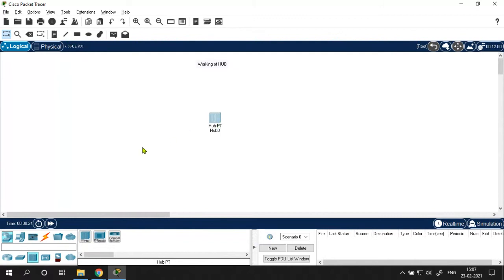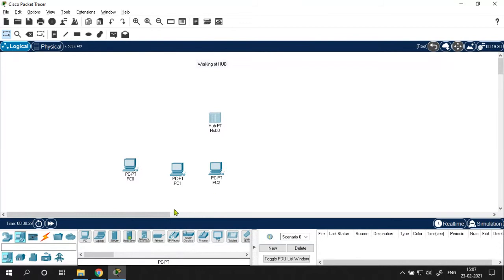To the hub, you need to connect end devices, that is, you want to connect PC 1, 2, 3, 4, 5 hosts. I am taking five PCs.